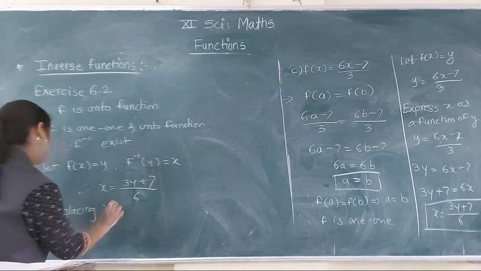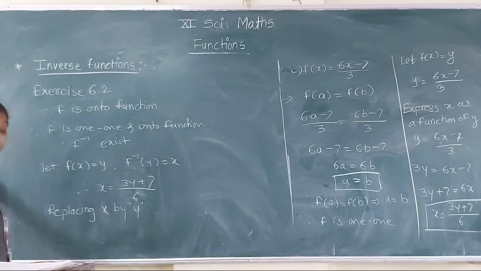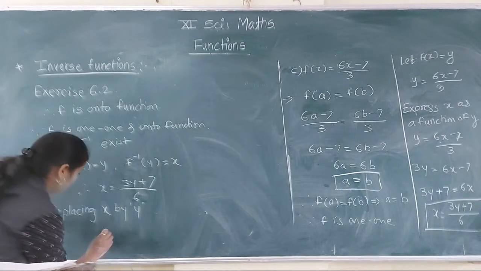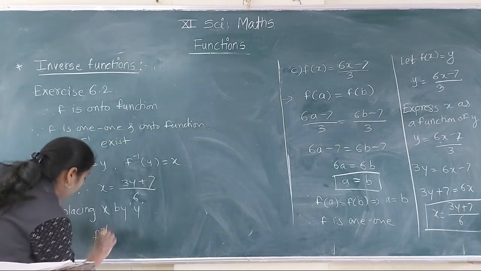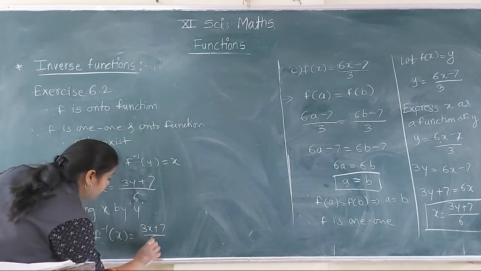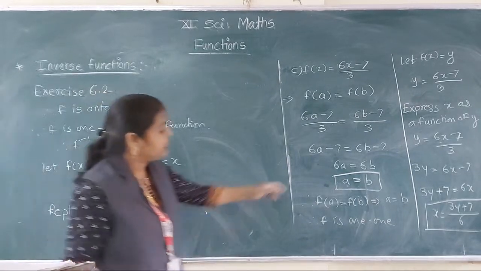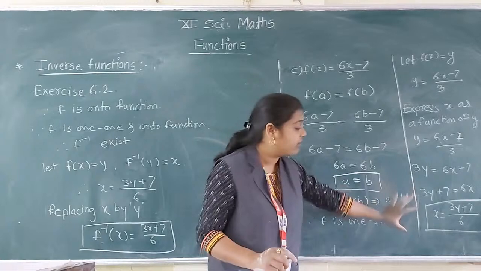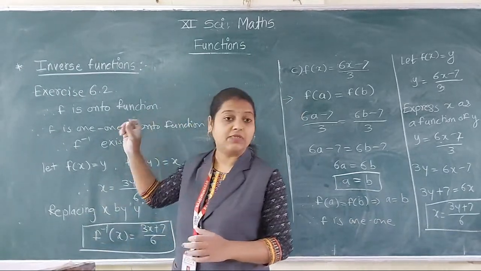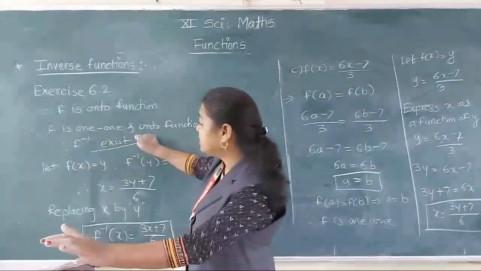Let's replace x by y, that is, f inverse of x is equal to 3x plus 7 upon 6, which is the inverse function. What did we do here? We showed 1 1, we showed onto, and if we could express x as a function in terms of variable y, then the function has an inverse, and inverse